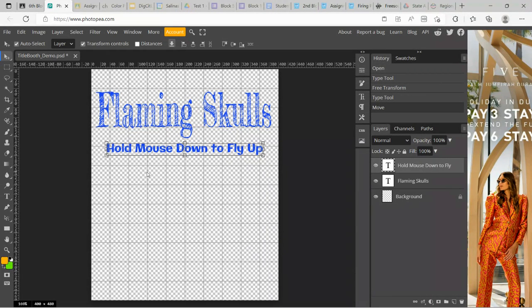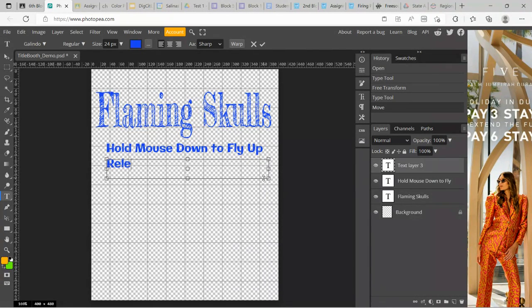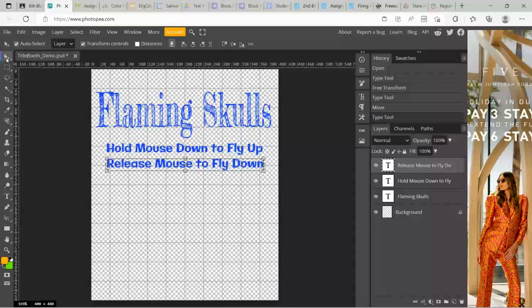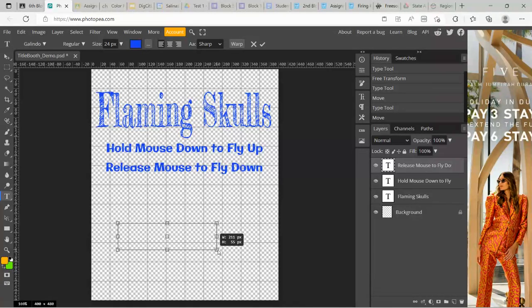So hold mouse down to fly up. Click and make another text object right underneath here. Release mouse to fly down. I'll switch to the Move tool. Set that position there. All right, that looks pretty good. I'll create another text object down here. And this one's going to be